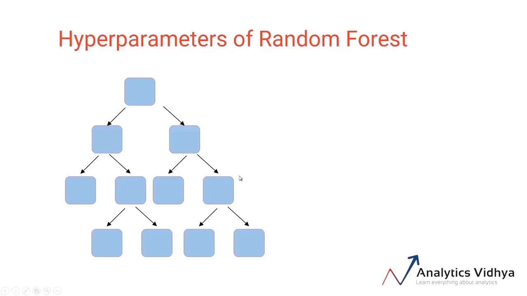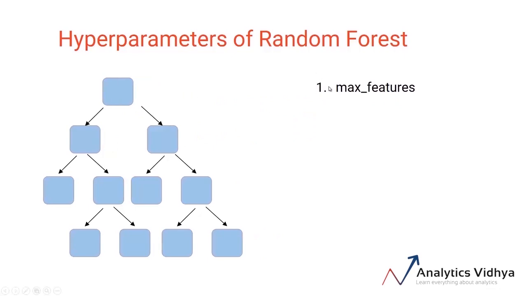Firstly, we can set the number of features to take into account at each node for splitting. For example, if the total number of features in my dataset is 100 and I decide that I'll randomly select the square root of these total number of features, which comes out to be 10. So I'll randomly select 10 features for this node and the best feature will be used to make the split. Then again I'll randomly select 10 features for this node and similarly for all the nodes. Instead of taking a square root, I can also consider taking the log of the total number of features in the dataset. So max_features is one of the parameters that we can tune to randomly select the number of features at each node.